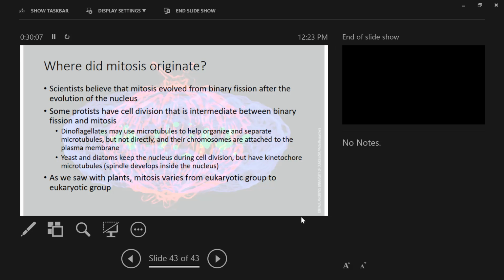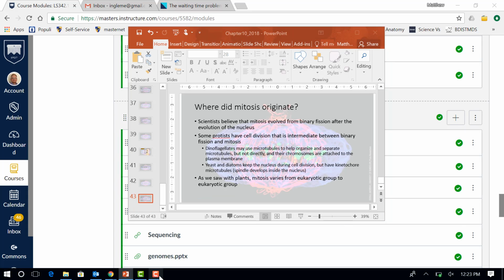So is mitosis one of the reasons why some people are thinking that eukaryotes came first, and then the prokaryotes? Yeah, it's one of the reasons. It's one of the reasons why. Another reason is we really don't have a good mechanism by which